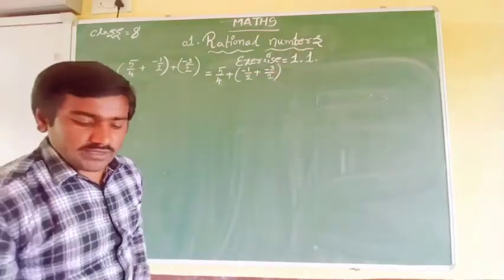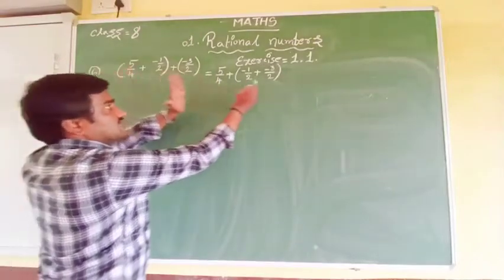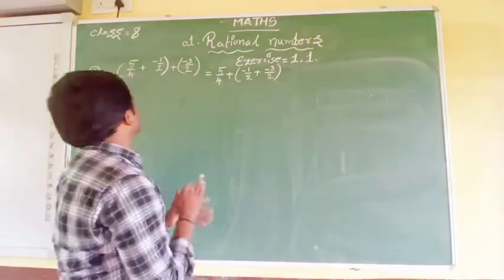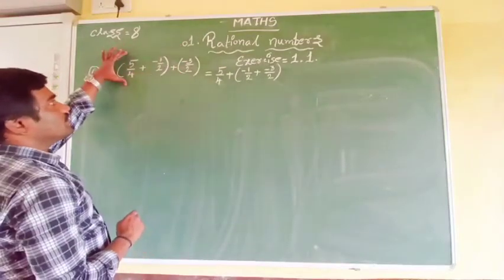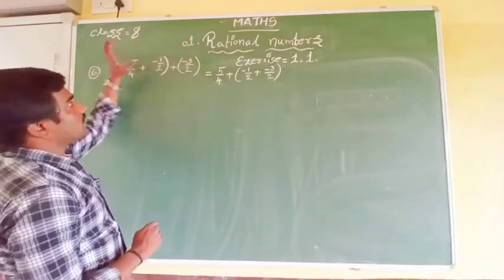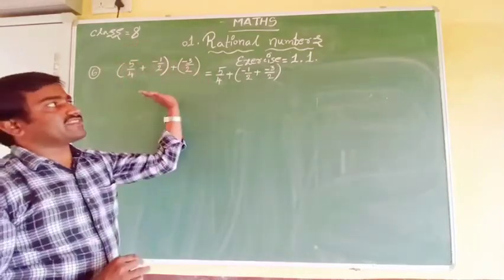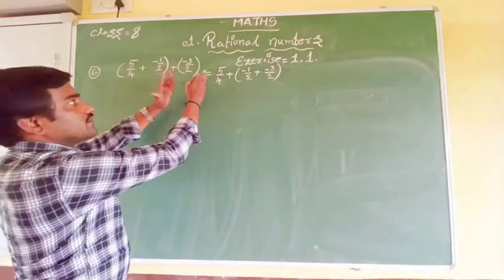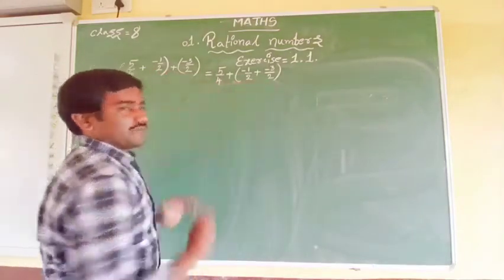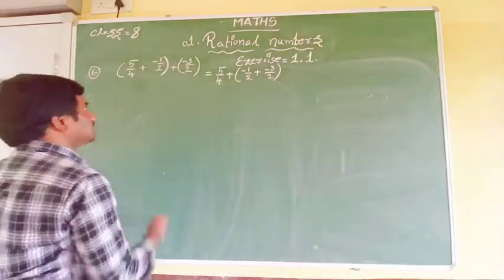So, verify the following. That means verify either LHS side, this answer and this answer, we get the same or different. Normally we get the same. See, this minus 3 by 2 plus 5 by 4, this minus 3 by 2 minus 1 by 2. The same numbers are there on either side. A plus B plus C, A plus B plus C. Which property? Associative property under addition.